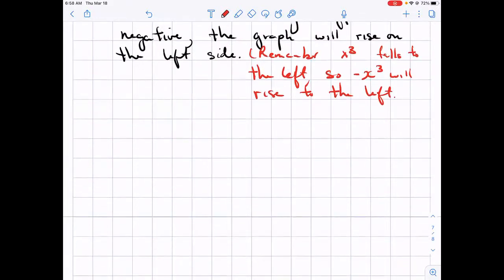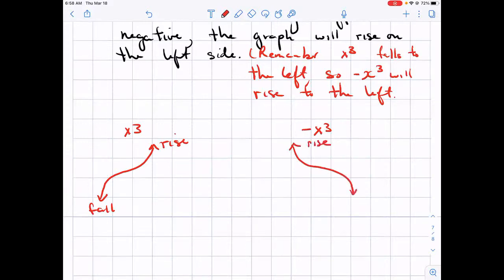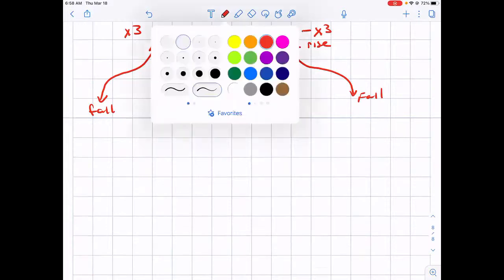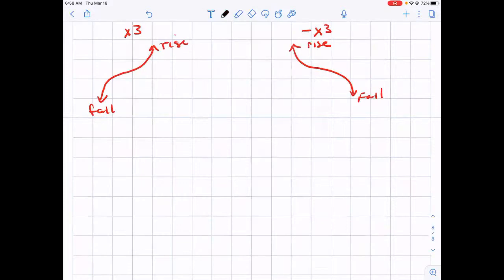So if you have x cubed, it looks like this. Here we fall, here we rise. Minus x cubed looks like this. Here we rise, here we fall. So we can say, when I ask for degree, the degree is odd, the leading coefficient is negative. So this graph,